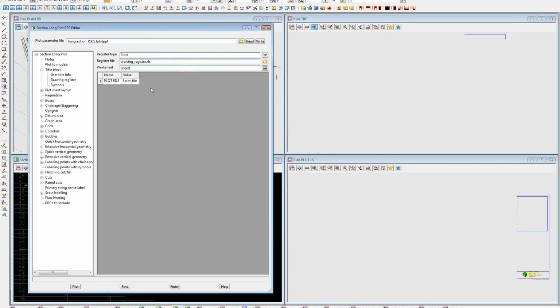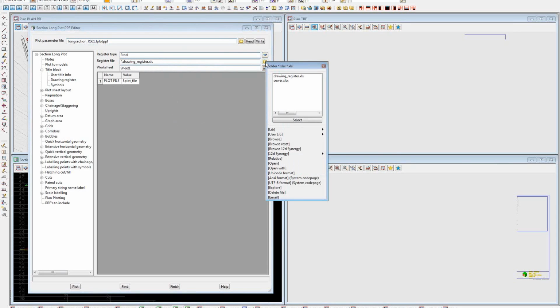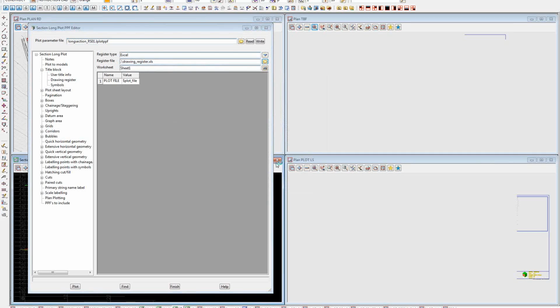There is one little issue that we've encountered, and it's related to the drivers we have for reading Excel files, and it's only for the Excel file, not the PPF or the title block file. If your drawing register file is sitting in the working folder like mine is, we need to tell 12D that the working folder is specified with a dot and a backslash like so. So you can't just have the name of the file there, it needs to have that dot and backslash for it to work correctly. If we were to open that up,